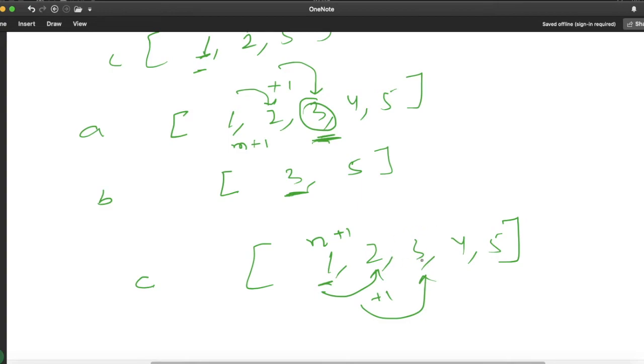Again this element is satisfying that condition. We'll simply add 1 to our counter. Now we are here. This element is not satisfying that condition, so we'll ignore it. So our value will be m cross n.